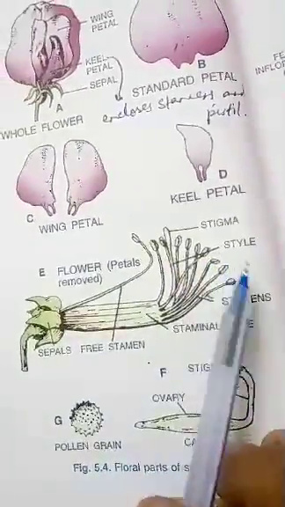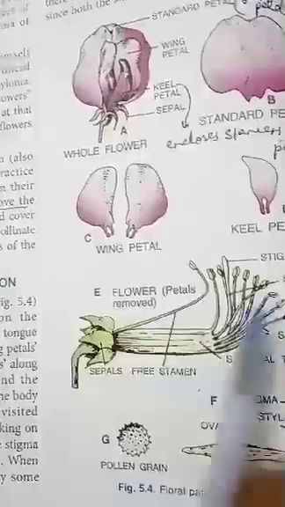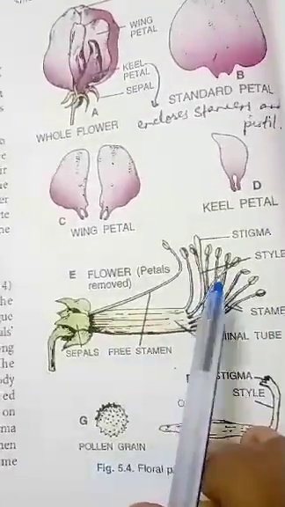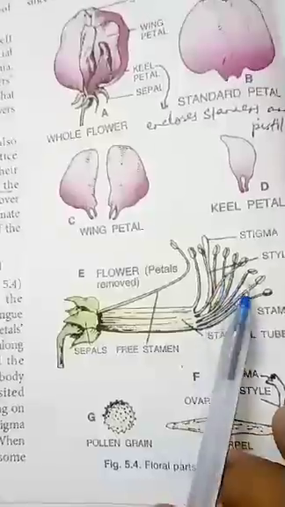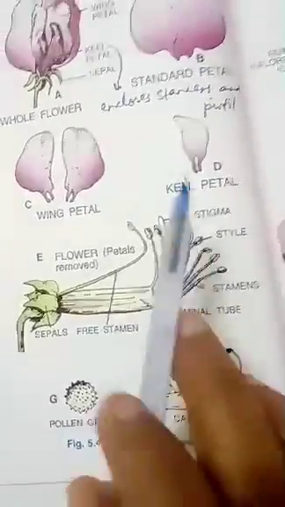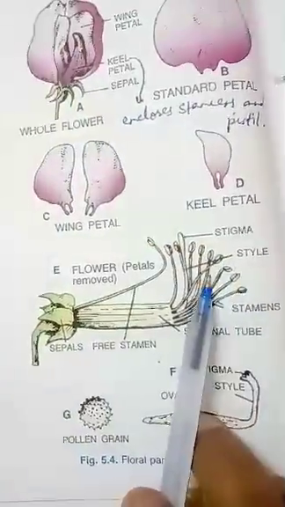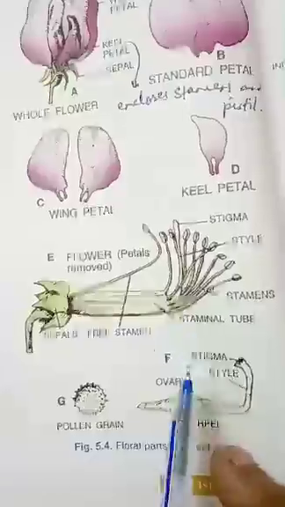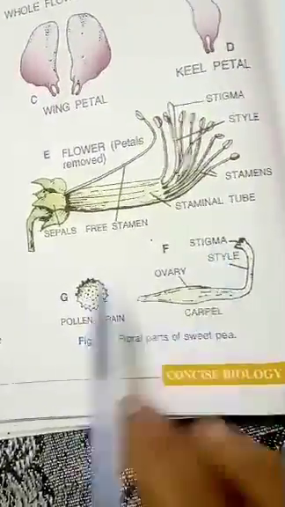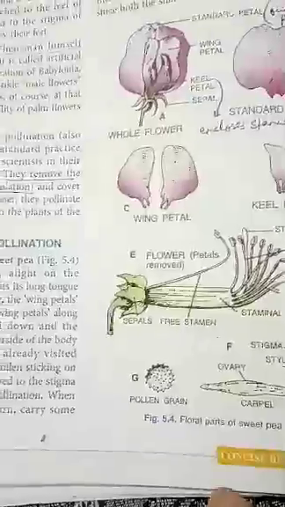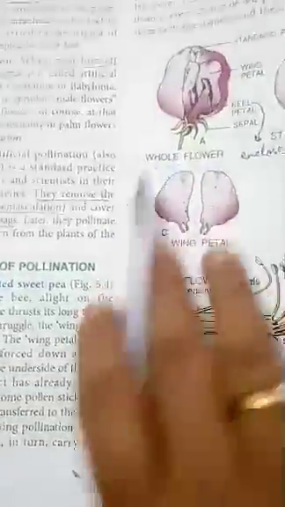The pollen grains will stick on them, or maybe suppose one flower has come and it has visited one flower. By that time it already has the pollen grain on its body, then while sucking the nectar it will dust the pollen grain, and that will lead to fertilization. This is the structure of a pollen grain. This is the carpel. The stigma will receive these pollen grains. This is pollination by insect. That is why the flower is colored.